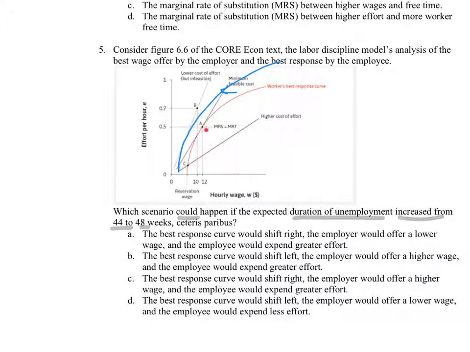So it turns out lines to the right are higher wage rates, and the employer always wants to minimize their wage bill. So whatever the lowest cost per effort is, that's the one the employer wants. So it would be possible to get this much effort with this high wage, but there's a cheaper way to get